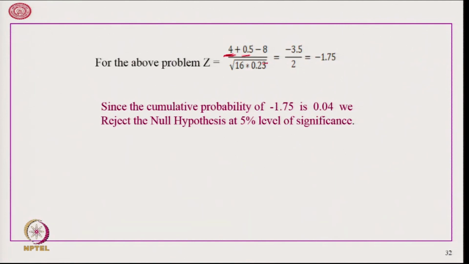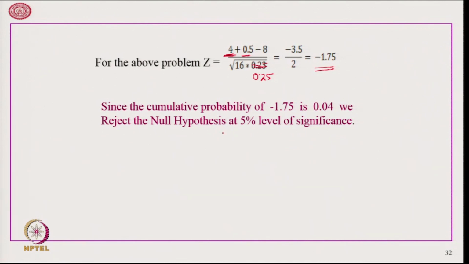This should be 25, and therefore, the obtained value of the statistic is equal to minus 1.75. So, since the cumulative probability of minus 1.75 is 0.04, we reject the null hypothesis at 5% level